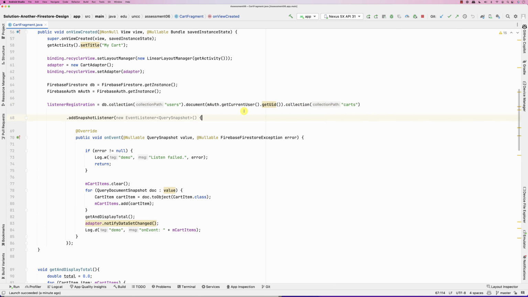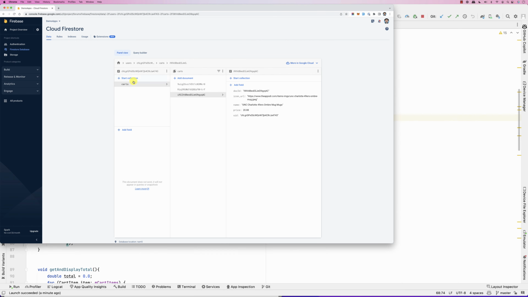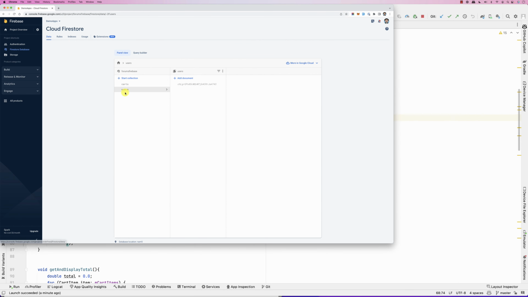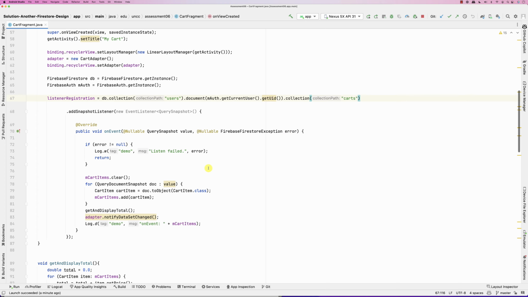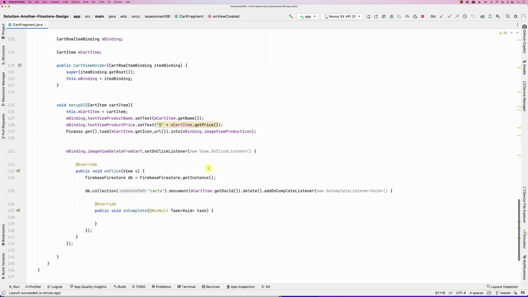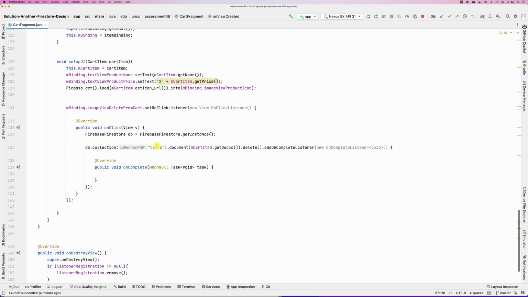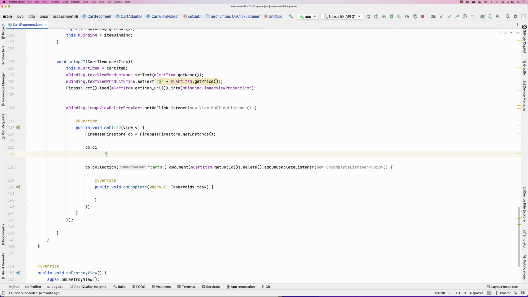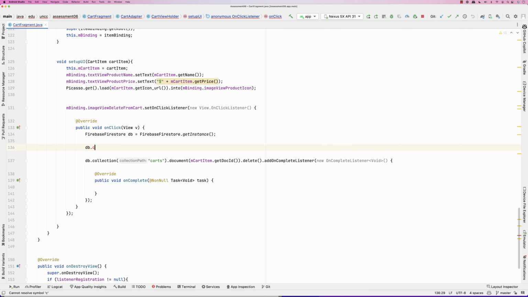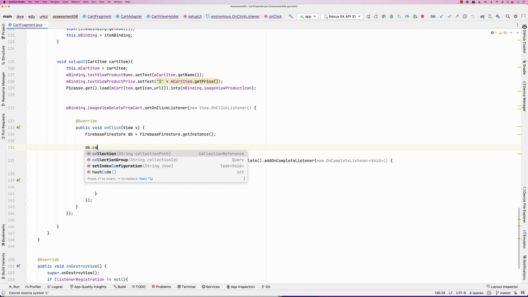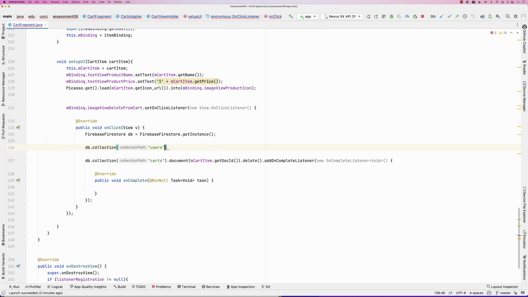So we are setting it up such that we are listening here, right? You see here it's users, the user ID, carts. This is where we're listening, we want this data, right? So we're here, that seems to be okay. And then the deletion is a little bit different. To delete, we have to point it to the right place. So db.collection users, okay, dot document,